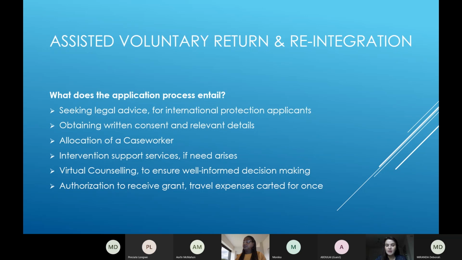In terms of virtual counselling, it is offered to migrants in Ireland, whether they are in the asylum system or they are undocumented in Ireland, and they are looking to return and determine their reintegration options upon arrival. So virtual counselling, in a nutshell, is an online appointment which is free, voluntary, and confidential, whereby beneficiaries can ask questions to a virtual counsellor who is an IOM staff member based in the country of origin. And they can ask any questions that they have on their reintegration, their return journey, and any hesitations or concerns that they may have. So that's what virtual counselling is.